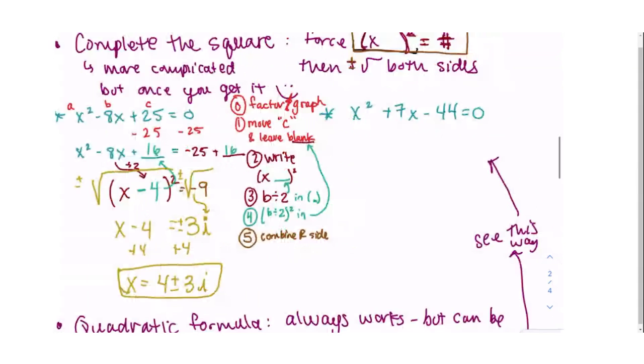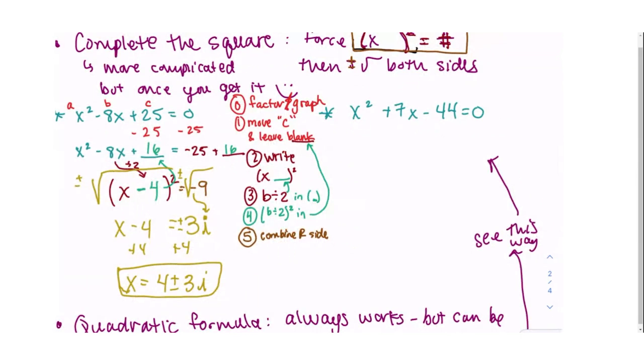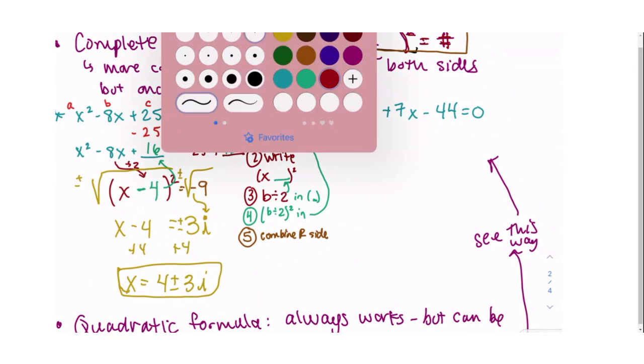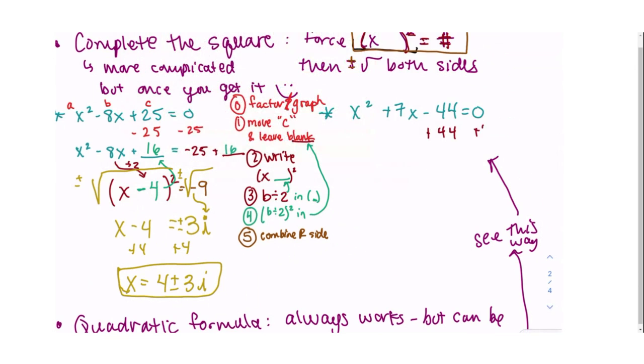So let me go through this next one and see if we can follow these steps and then see if it makes more sense. So first thing, we're going to see if you can factor or graph it. Technically, this one you can, but we're going to move on because that's what we need to do to do this problem. So we're going to move to C. We'll add 44. And then we'll have x squared plus 7x plus blank equals 44 plus blank. And then we're going to take this and divide it by 2. So it's going to be x plus, because half of 7 is 3.5,